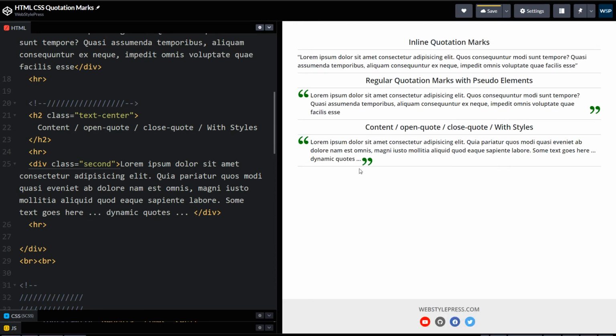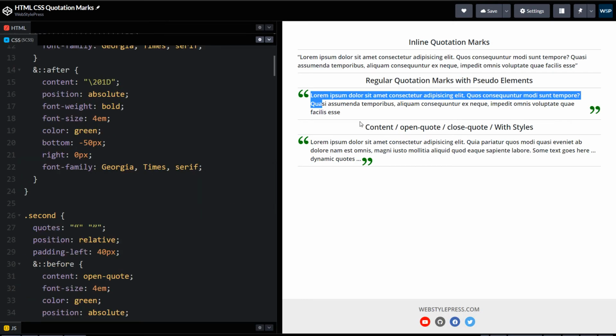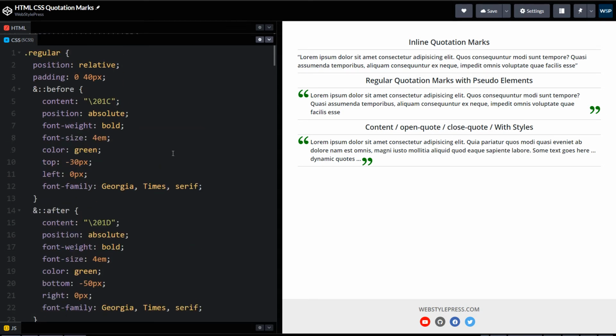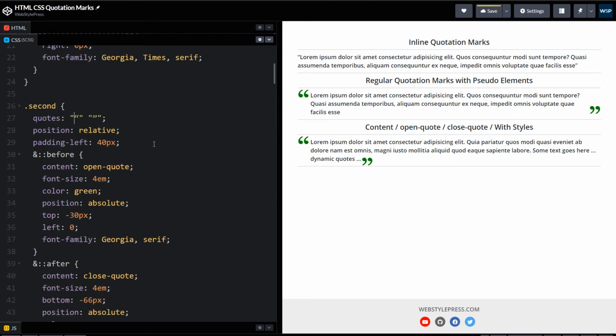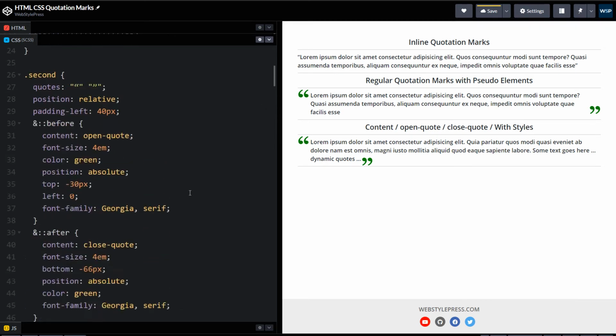And now it's here. So this is a way to use quotation marks by using only before and after pseudo CSS elements. But this is a better way. Use quotes, and then for the before and after elements use open quote and close quote.